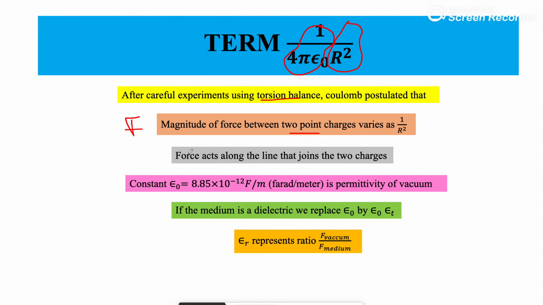Okay, very similar to the gravitational law. Unlike the gravitational force law, where the force is only attractive, here you can have attraction as well as repulsion. Okay, so we know that like charges repel and unlike charges attract. Both repulsion as well as attraction happen with a force that varies with 1 by r square, and r is the separation between the two charges.